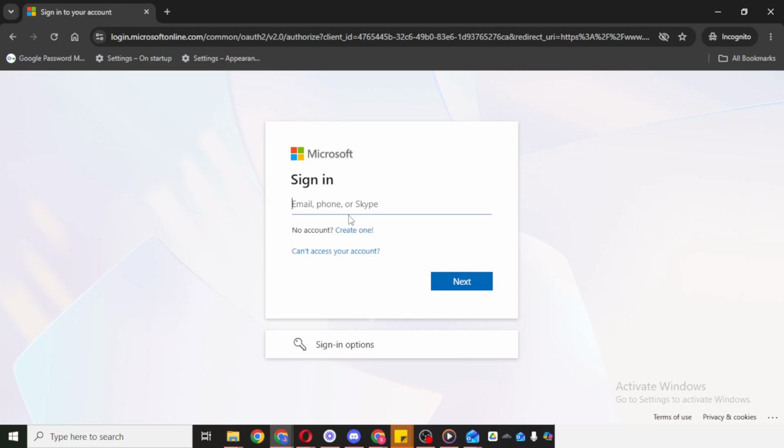Outlook will usually begin checking your account information and automatically configure the connection for you. Depending on your organization's security settings, you may also be asked to approve a sign-in request, complete multi-factor authentication, or confirm that you want this device to access your account. If that happens, just continue through each prompt until the process is complete.